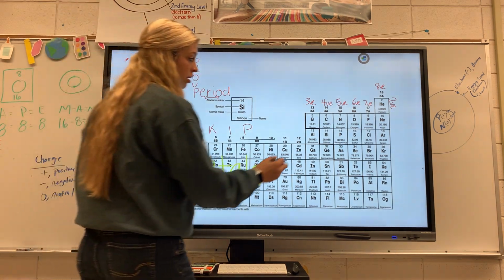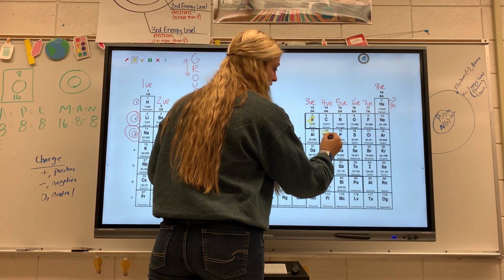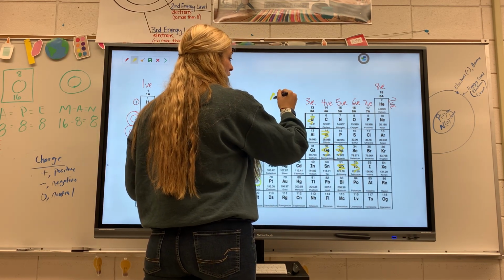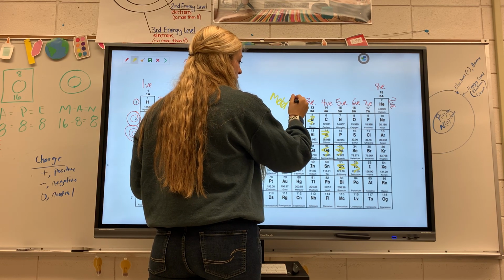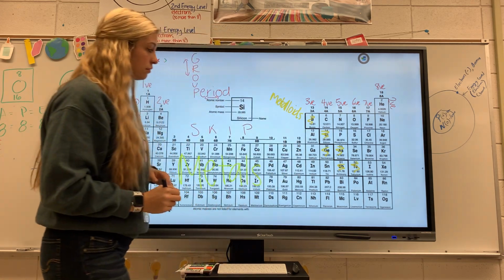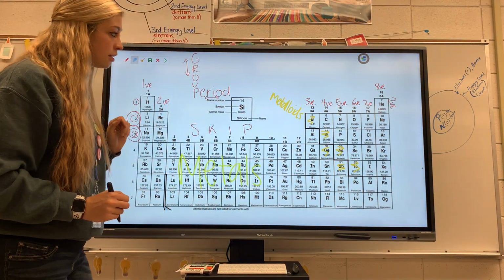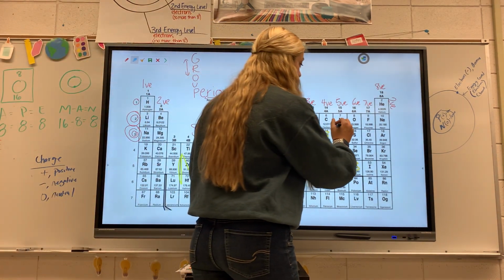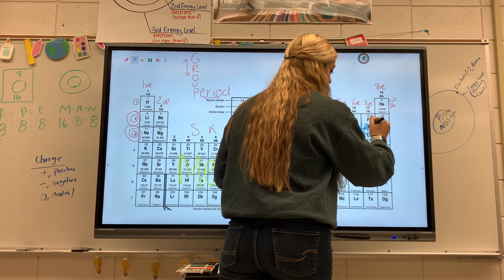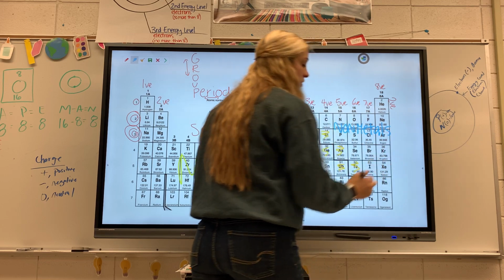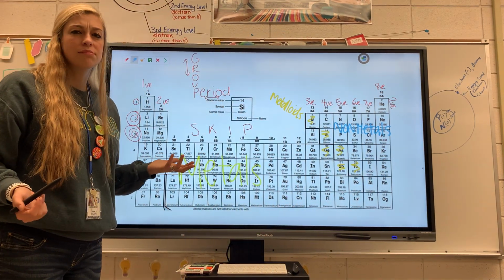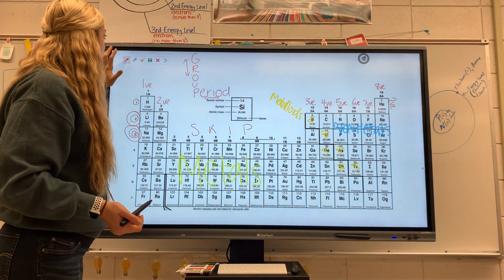And then on the staircase, we have our metalloids. And over here, on the right, we have our non-metals. Okay, that's most of what I need to know